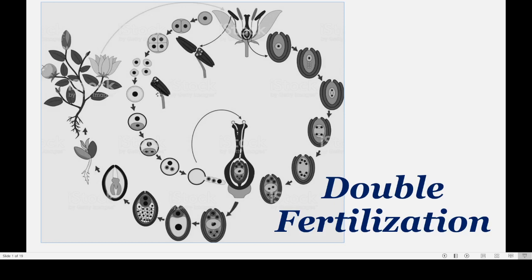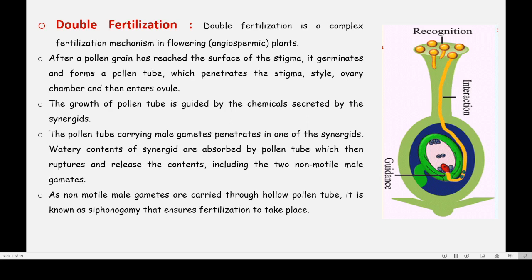Now we have to see the actual fertilization process, why we are calling it double fertilization, and what are the post-fertilization changes that we are going to see in this class. Okay, so now as you can see here, pollen grains are deposited on the stigma by, of course, the pollination process that we have seen in the earlier video. Now this pollen grain tries to germinate. Here you can see it is trying to germinate.